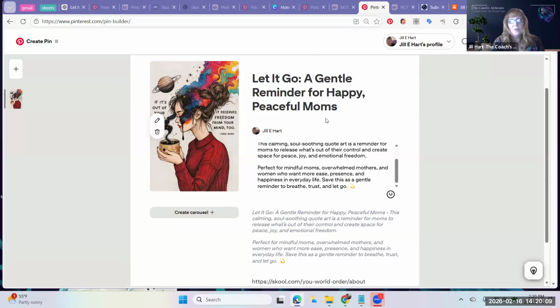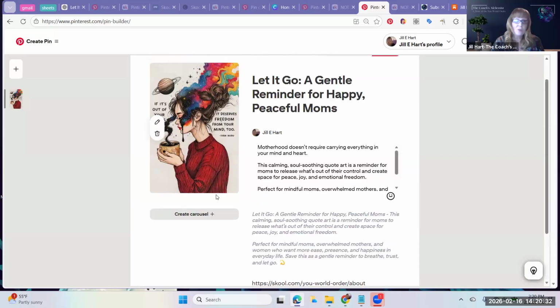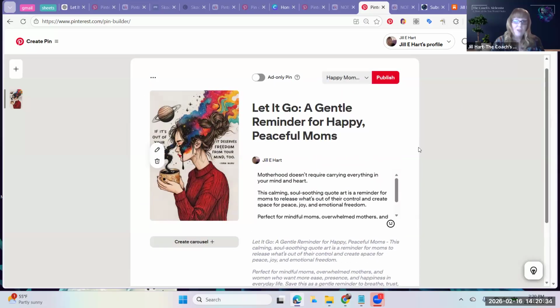If you have a newer account, they've hidden it. It's in the advertising section, and you have to put multiple images on there, and then it will ask you if you want to make it a carousel pin. It's super confusing, but you can do it on all the accounts. It's just some accounts it's more hidden than others. This is a much older account. My newer account, I was really struggling to find the carousel pins.